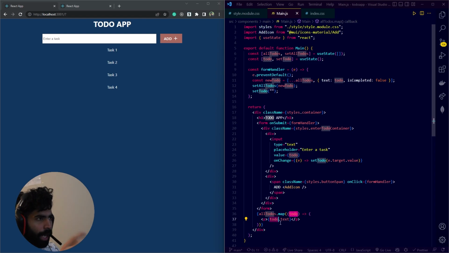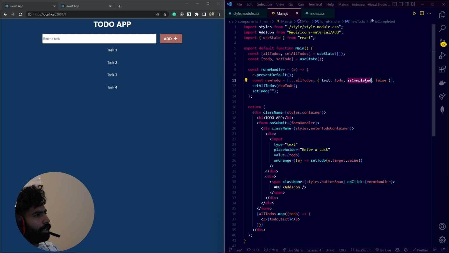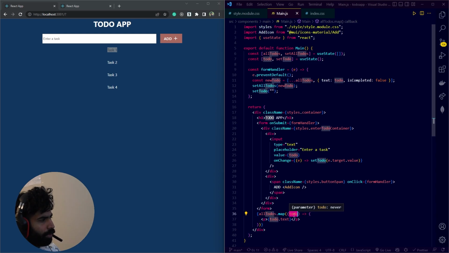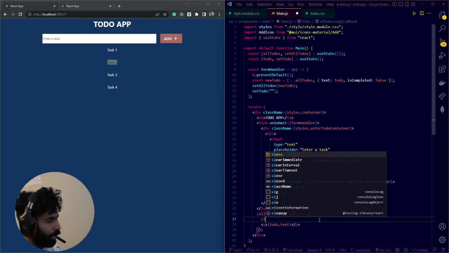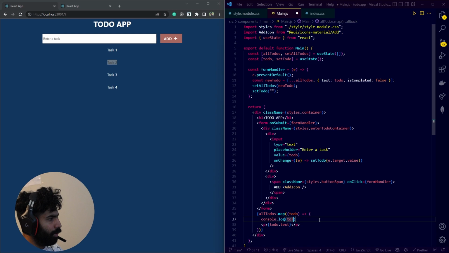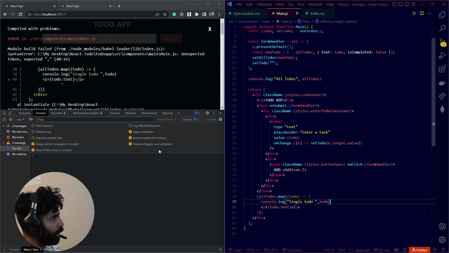So we have one map going one index by one, and we have the first element which contains a todo object, and the todo object contains text and isCompleting. Our text contains our task 1, so it is printing here. So that index finished, and then we have another index which is todo and which is task 2. For example, if I try to console it, a todo, it will go one by one, and if I try to save, it gives an error,